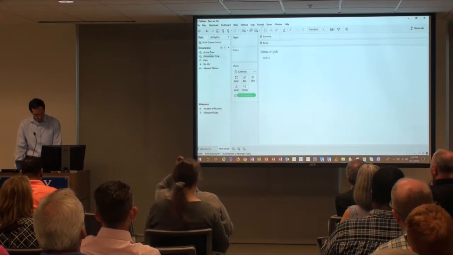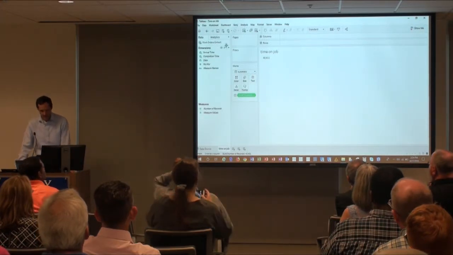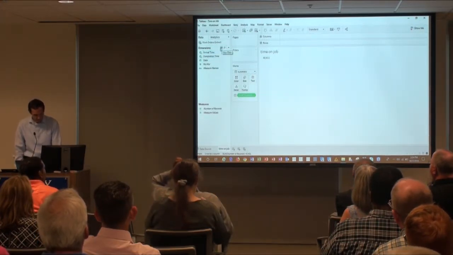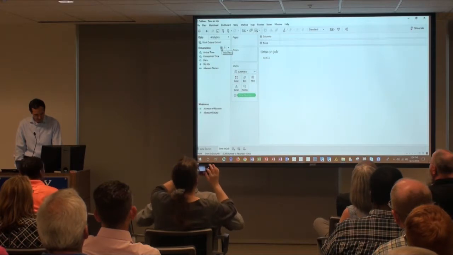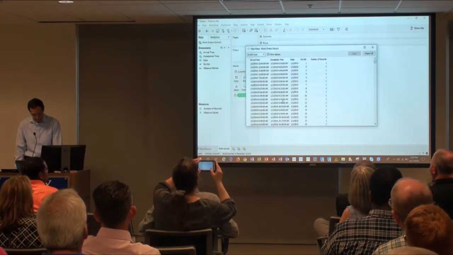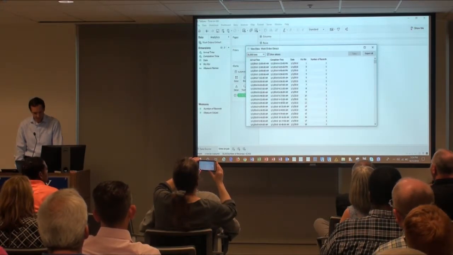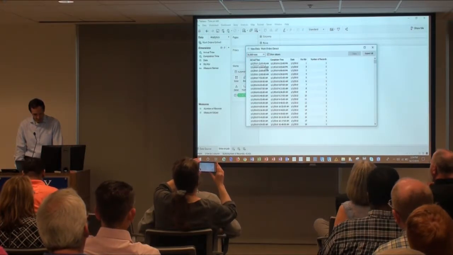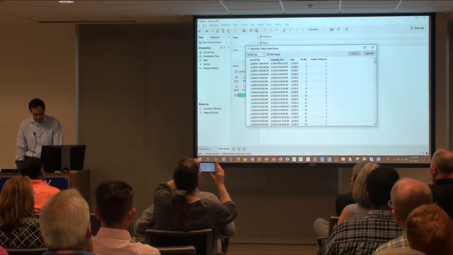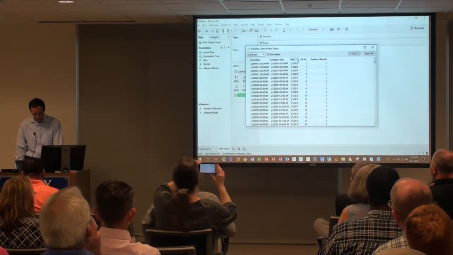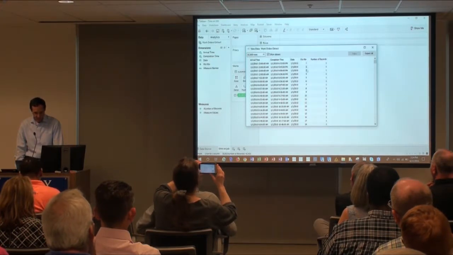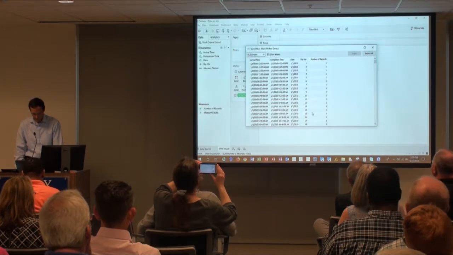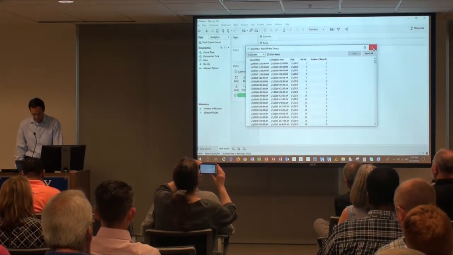Okay, so let's look at what we have here in the workbook to get started. A nice tip is this View Data button that we have here in Tableau, and we can just get a quick glance at what's in here. As I mentioned before, we have an arrival time, so it's a date time. We have a completion time. We have a date. We have a work order number that's just a serial 1, 2, 3. And that's it. Pretty basic.